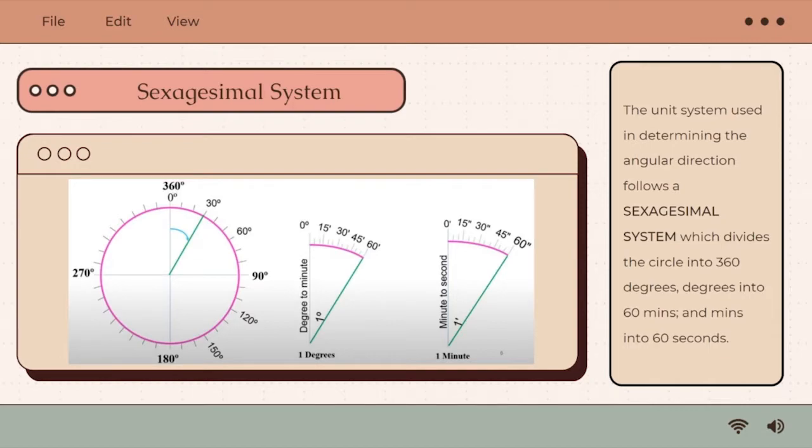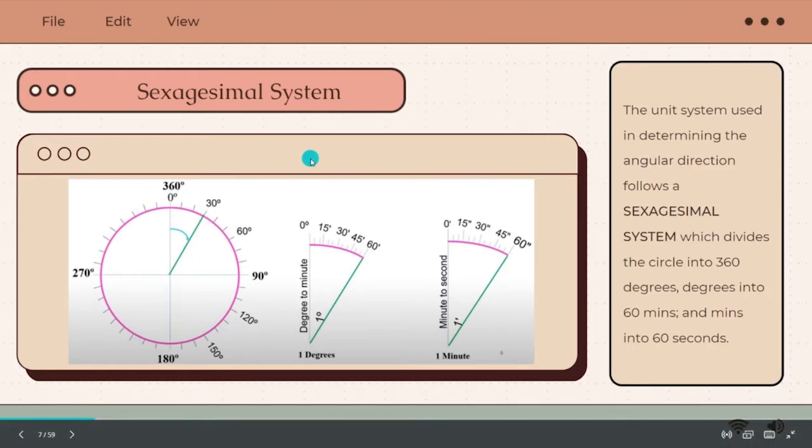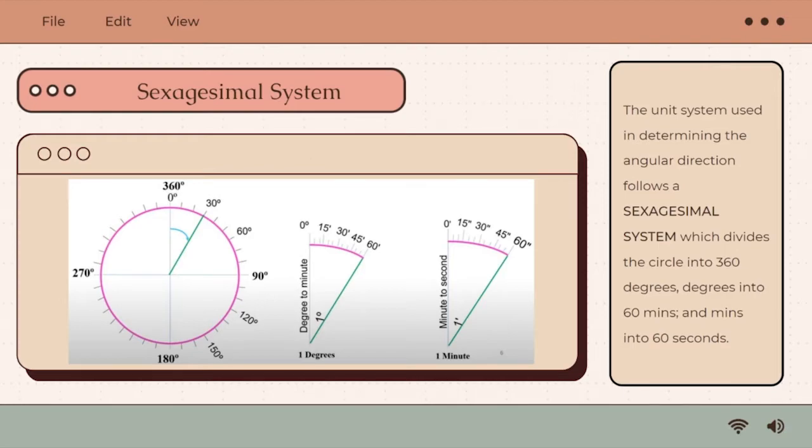So the unit system used in determining the angular direction follows a sexagesimal system which divides the circle into 360 degrees, in which a degree is equivalent to 60 minutes and 1 minute is equivalent to 60 seconds. So if we have a full circle that has a measurement of 360 degrees, then to convert it into minutes is to follow the conversion of 1 degree is equivalent to 60 minutes and 1 minute is equivalent to 60 seconds. So always remember that the first number that you will see is in degrees, while the second is in minutes, while the third is in